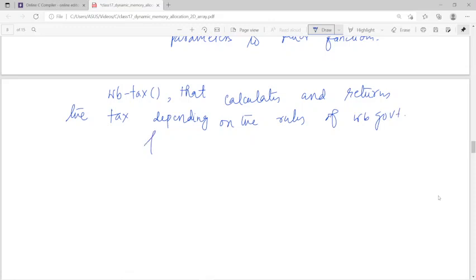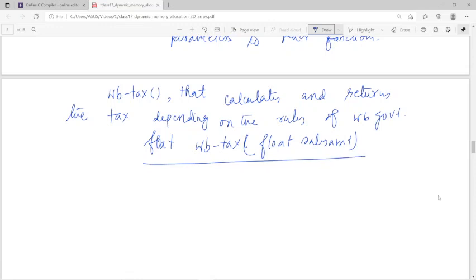So I am writing it like float WB_tax(float sales_amount). You can observe that this function returns a float type result and also accepts a float type sales amount. Similarly, there is another function, say